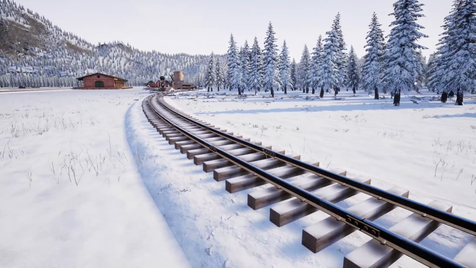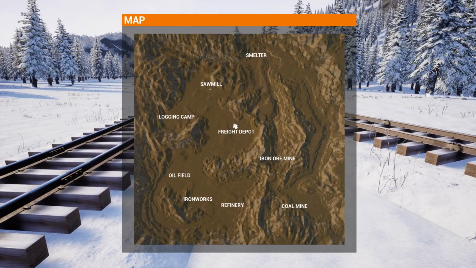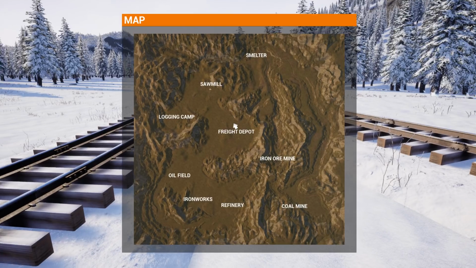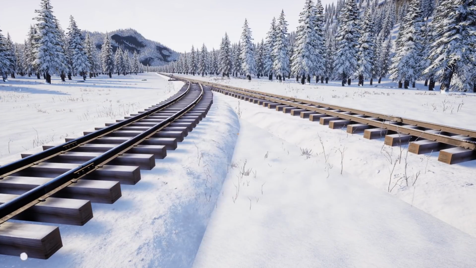And then we got to expand the track. There's still a bunch more industries on the map. Literally, we got to the smelter and the iron ore mine. We need to make a line to the coal mine still, which I'm pretty sure has to go up that other valley, which is going to be a ridiculously long one. And then, of course, connect the oil field, ironworks, and refinery and do...